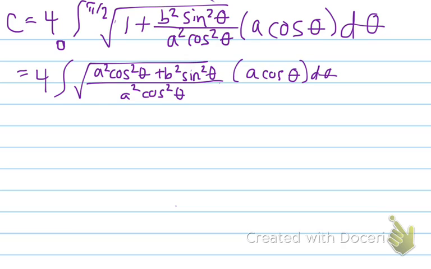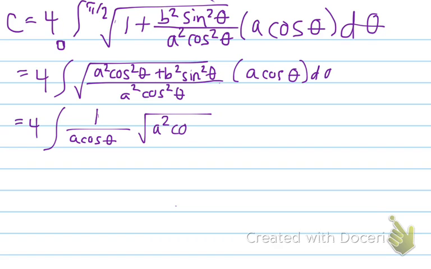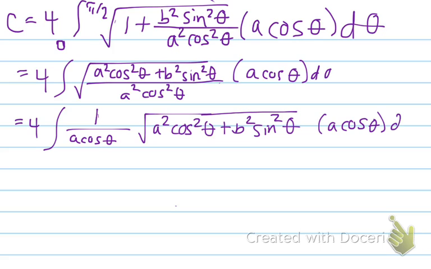Now this down here is a perfect square, so I can actually factor that out. So I get 4 times the integral of 1 over a cosine theta times the square root of a squared cosine squared theta plus b squared sine squared theta, times a cosine theta d theta. And now these will cancel. So this one here is going to cancel with this one here, which is perfect. So I have 4 times the integral of the square root of a squared cosine squared theta plus b squared sine squared theta